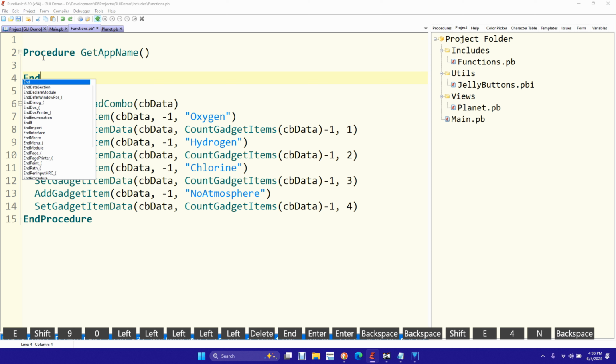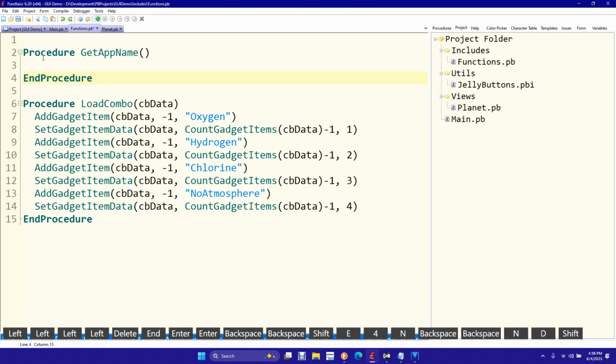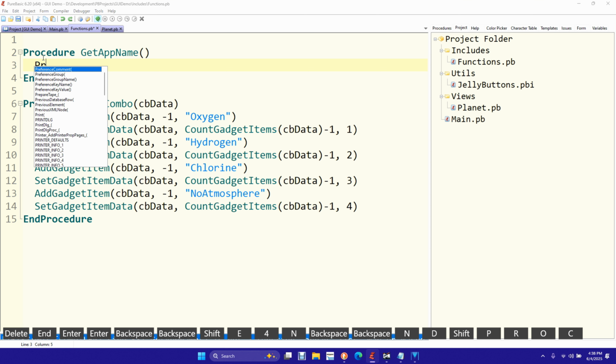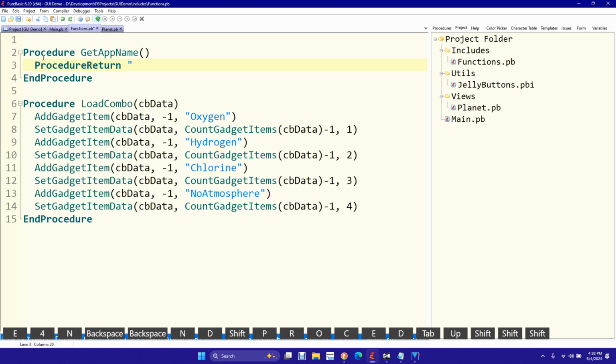All right, now what we want to do is procedure return. What is this? Demo, GUI demo, right? GUI. All right, now this is one of those things that you really need to do in your